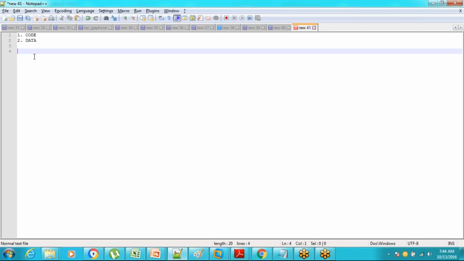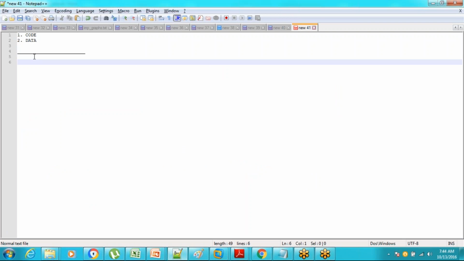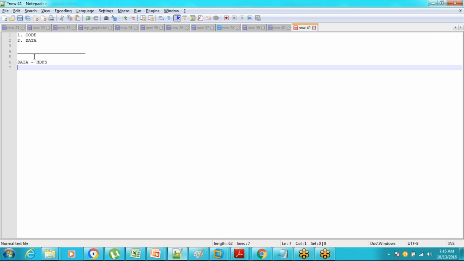In Hadoop, these two things are divided. When we talk about data, HDFS comes in. And when we talk about code or the programming logic that runs on top of your data, then we call it MapReduce,